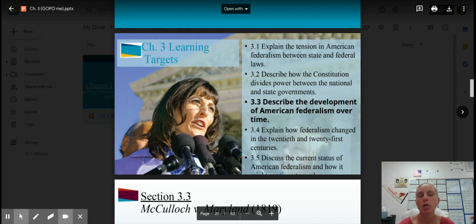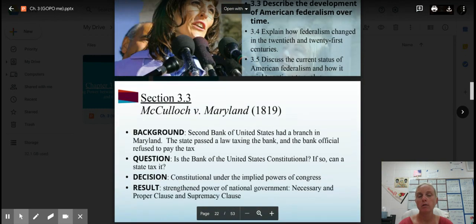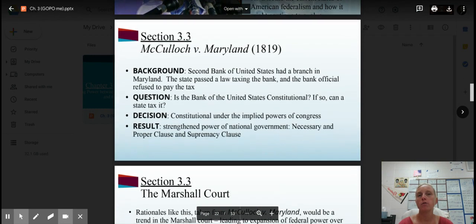Today, we're going to finish up Chapter 3, talking about Sections 3, 4, and 5. We're going to look at how basically federalism developed over time. We're going to look a little bit back to the history, and then we're going to look at modern day examples of it. And usually, when there's debates between the national and state governments and they're feuding, it goes to